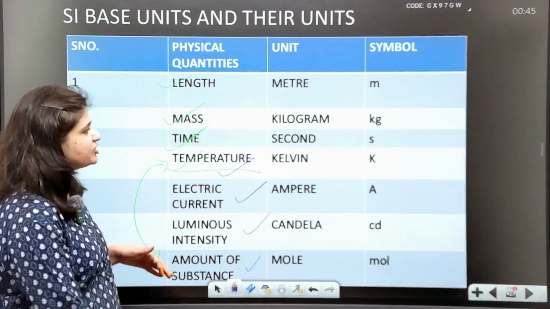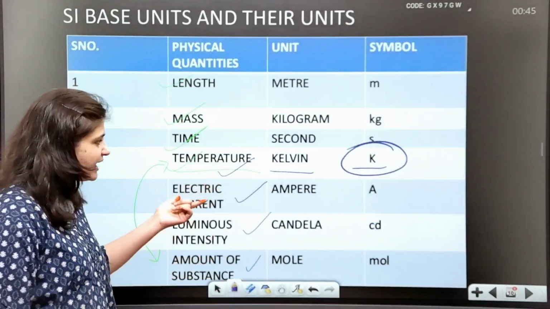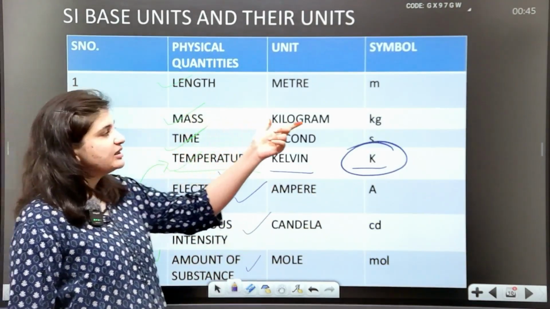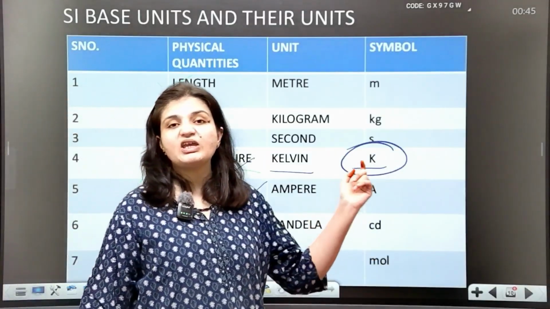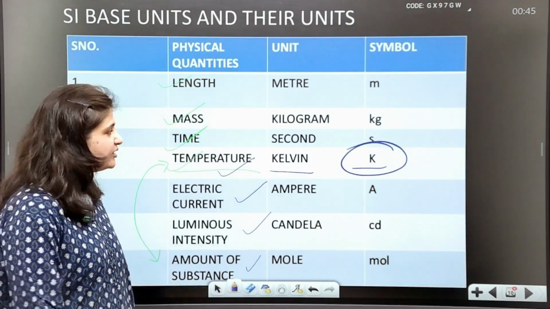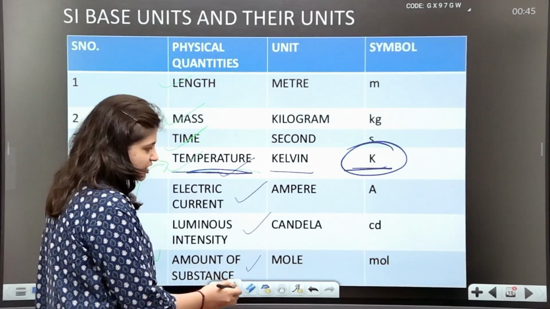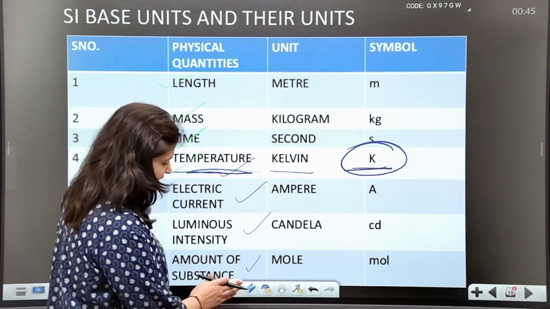The temperature is measured in Kelvin. So we have the standard unit for temperature, like for mass we have the kg, for length the meter, for time the second. Then to measure the temperature we have the unit Kelvin. Now students, if we talk about